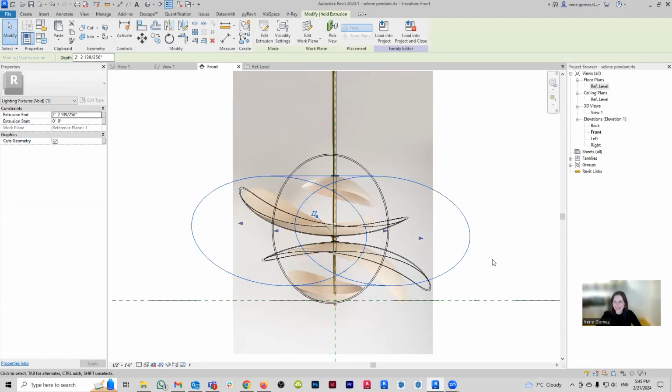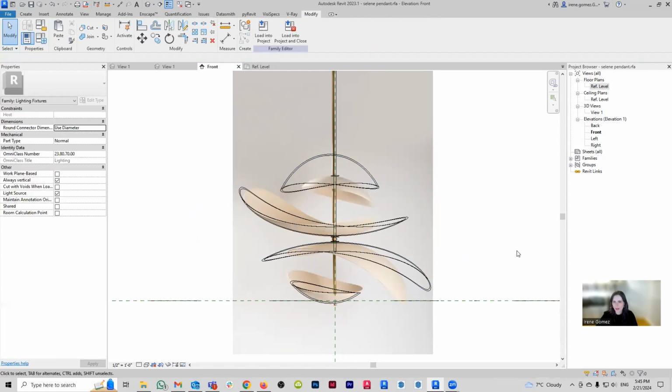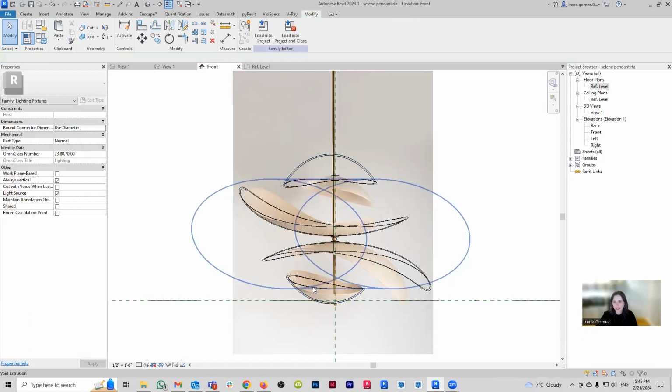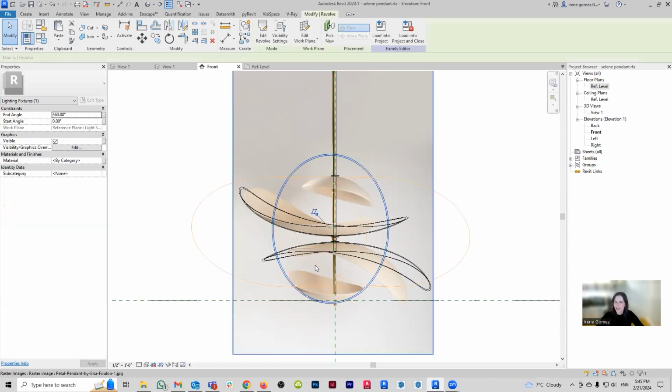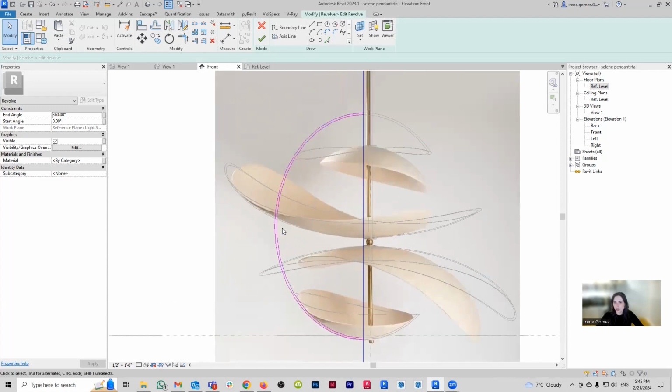Fantastic. Let's select this guy and let's bring this egg down. Again, I want it to be a little bit lower. Oh, went too far. There you go. And now what I'm noticing here is that I don't want this guy to be exactly where it is. This guy's supposed to be lower and it's also supposed to be flipped. So what I'm going to do instead, I'm going to go back to egg. And now I'm realizing that I don't need to model the entire half ellipse. I can just draw half of it.